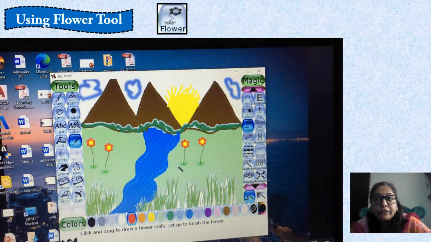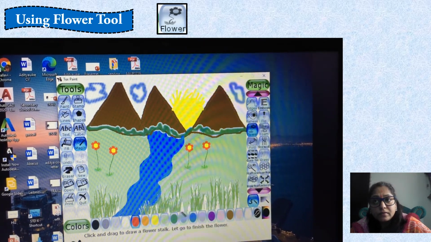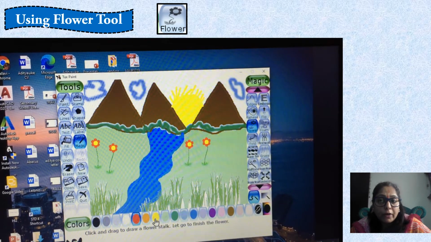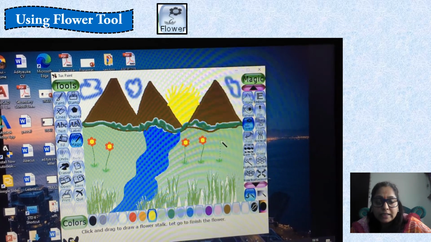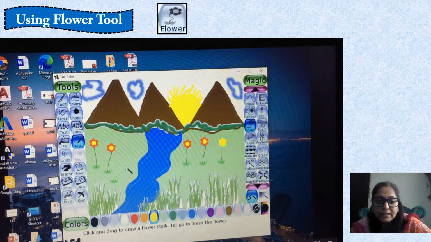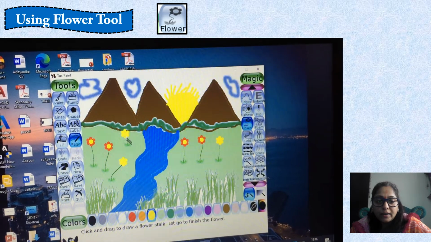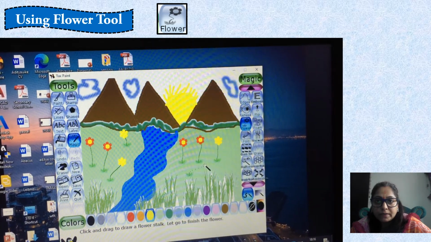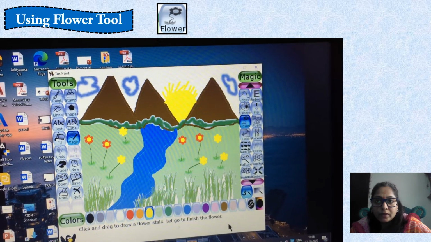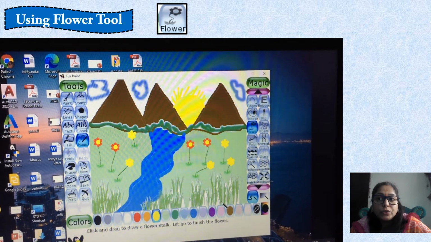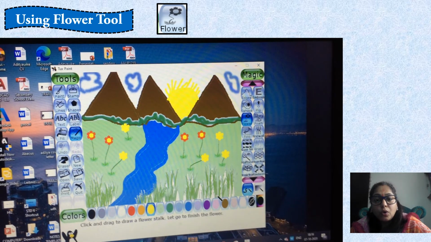Likewise, select different colors to add colorful flowers on the grass. You can see, like this you can draw flowers. Like this, you can use flower tool on your drawing. Understand, students? It is a very interesting tool. You can use it anywhere in any kind of drawing.